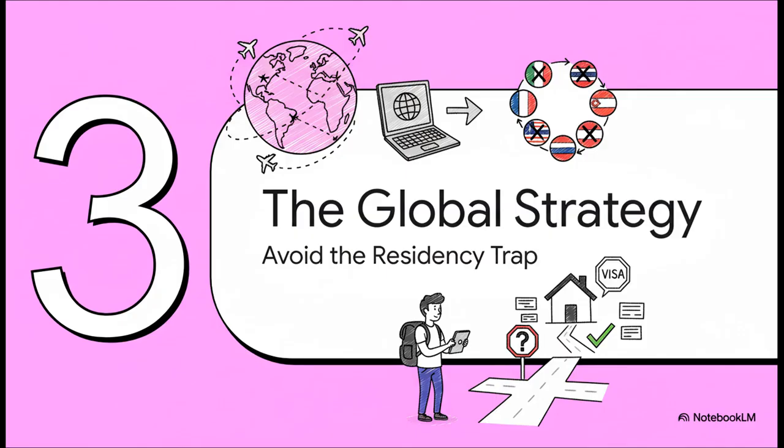Okay, so you've got a plan. You're using the FEIE to handle your U.S. tax bill. Part 1 of the puzzle is solved, but now you have to deal with Part 2. While you're spending those 330-plus days outside the U.S., you've got to be really careful not to accidentally become a tax resident in one of the countries you're visiting.